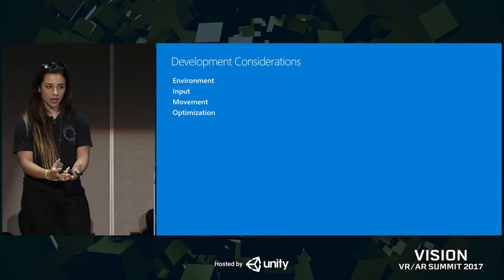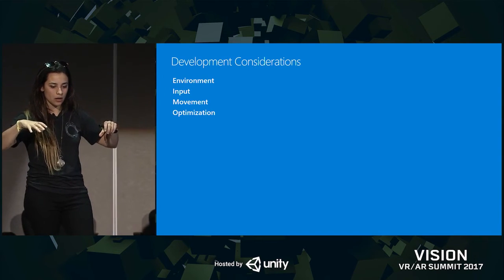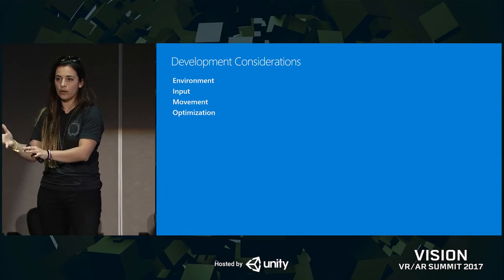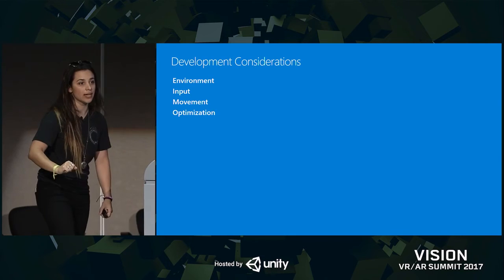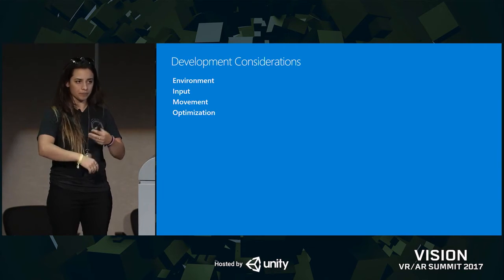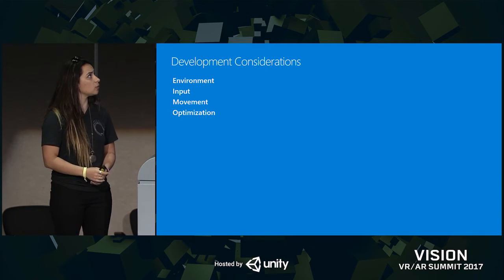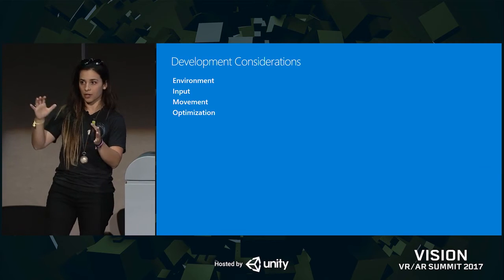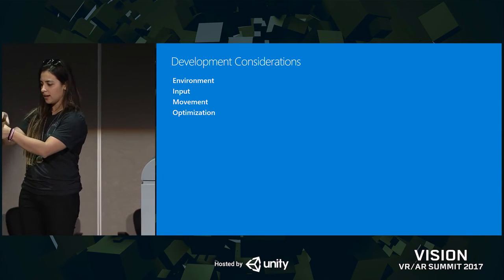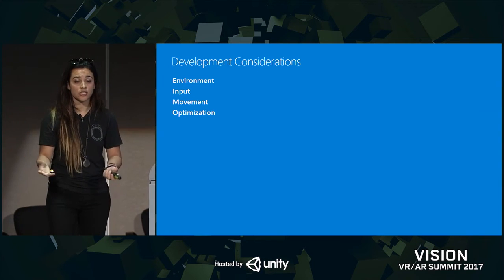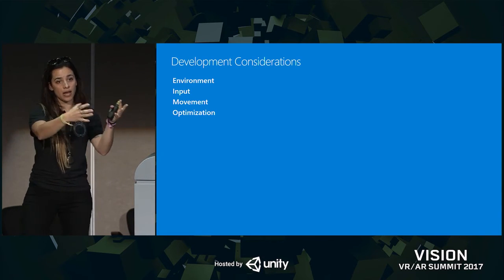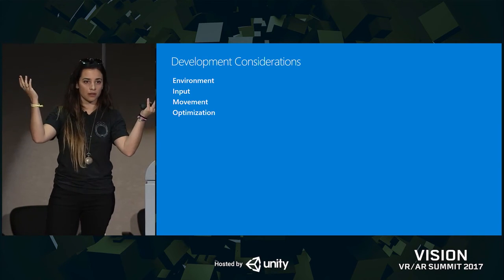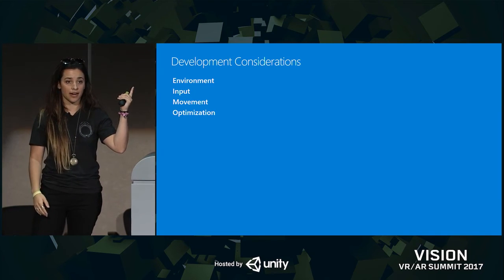You can create a new experience or a new world within your own living room that just looks like it's always been there. Inputs: the Xbox controller was great, and mapping the inputs was really cool too. But if you're in Vive and you have grab controls and the dial for Tilt Brush, you might not have that functionality. You might have to map it to an Xbox controller to then work with the untethered HoloLens. And then movement was another thing that I had to implement.